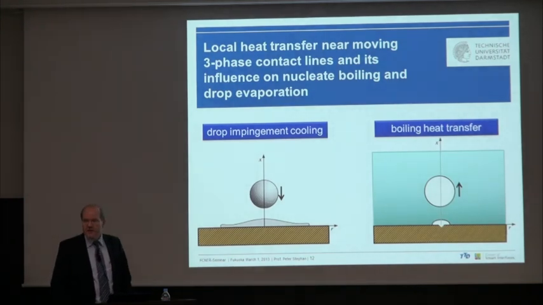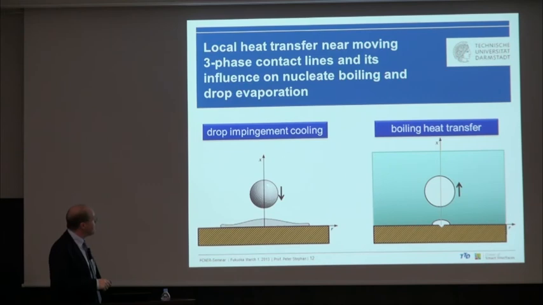Now, these here are the two points of interest. So we study drop impingement. So a drop comes with a certain velocity onto a hot wall. This hot wall is, in our case, typically above the saturation temperature of the fluid. And this here is a pure vapor atmosphere in our studies mainly. So we have evaporation here, and of course convection. But the drop is strongly subcooled when it hits the wall. So we have convective heat transfer and evaporation when it hits the wall.